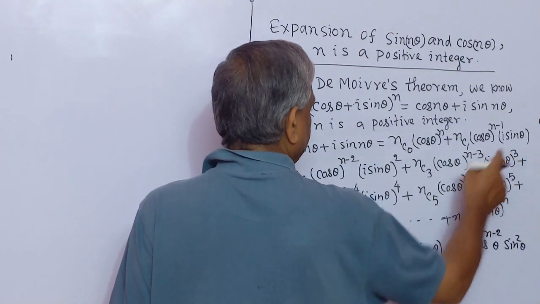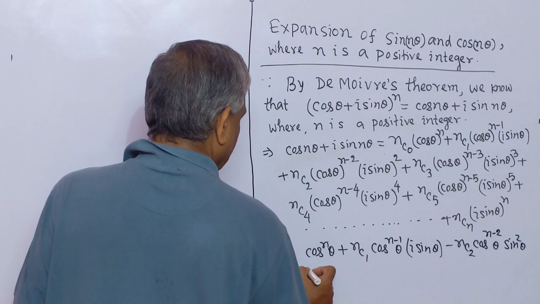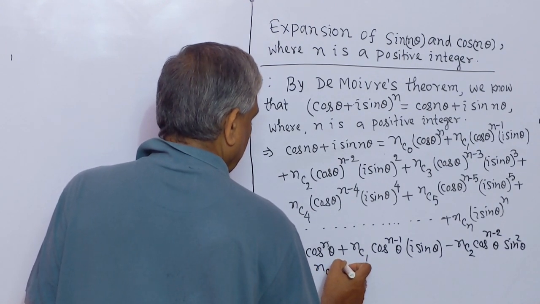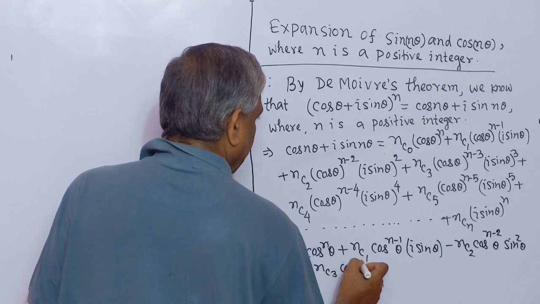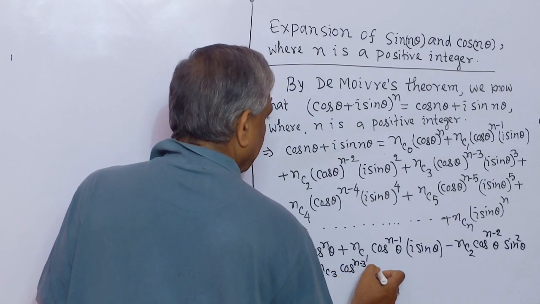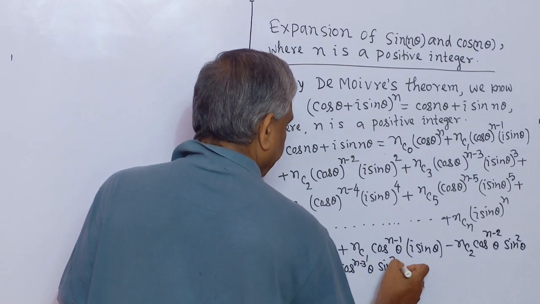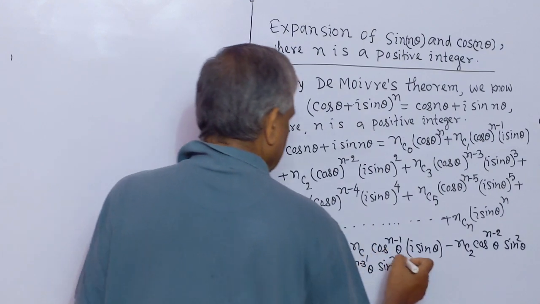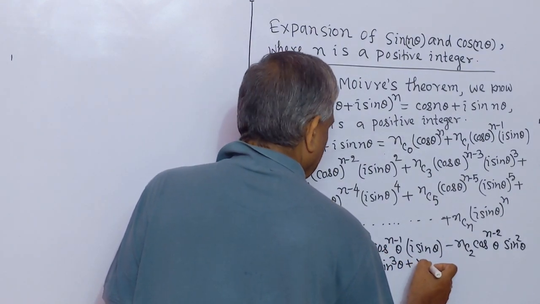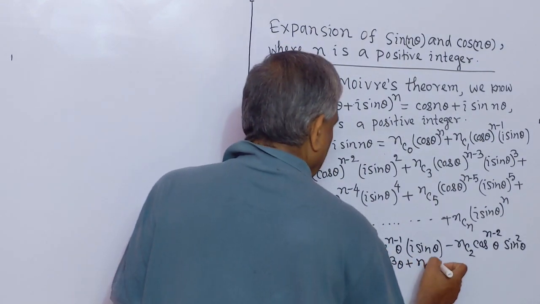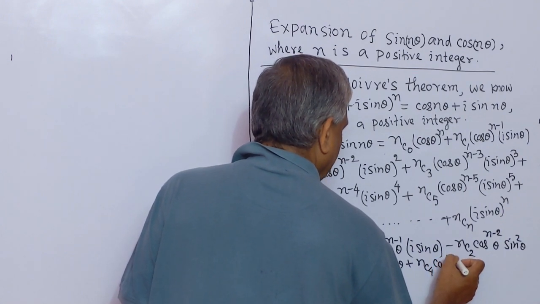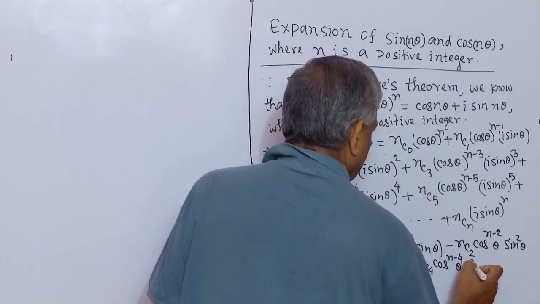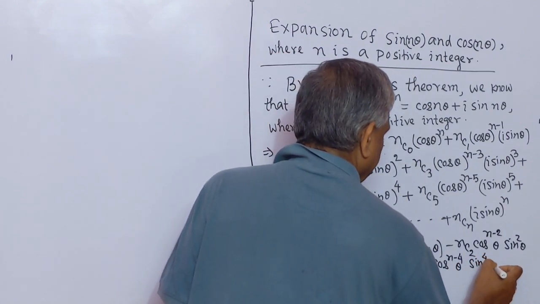Here i cube means minus i nC3 cos to the power n minus 3 theta sin cube theta. Here i to the power 4 is 1, so this is plus nC4 cos to the power n minus 4 theta sin to the power 4 theta